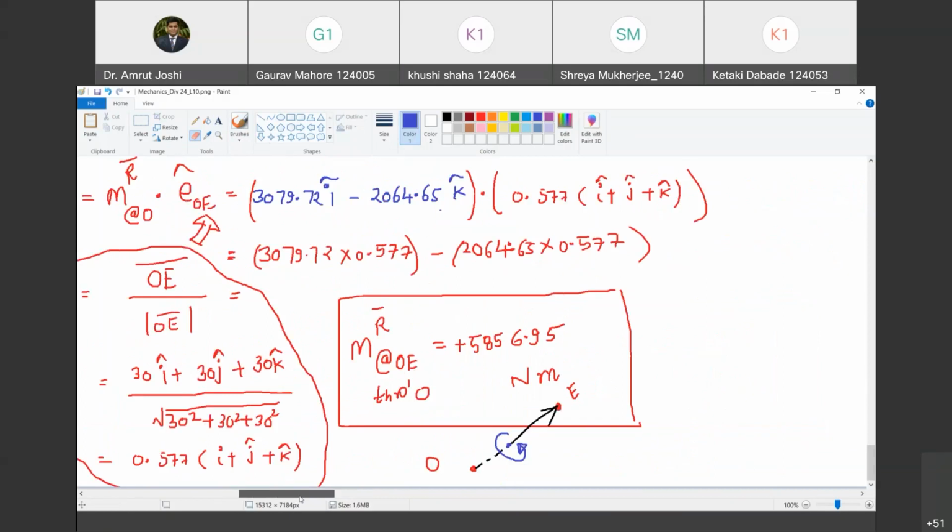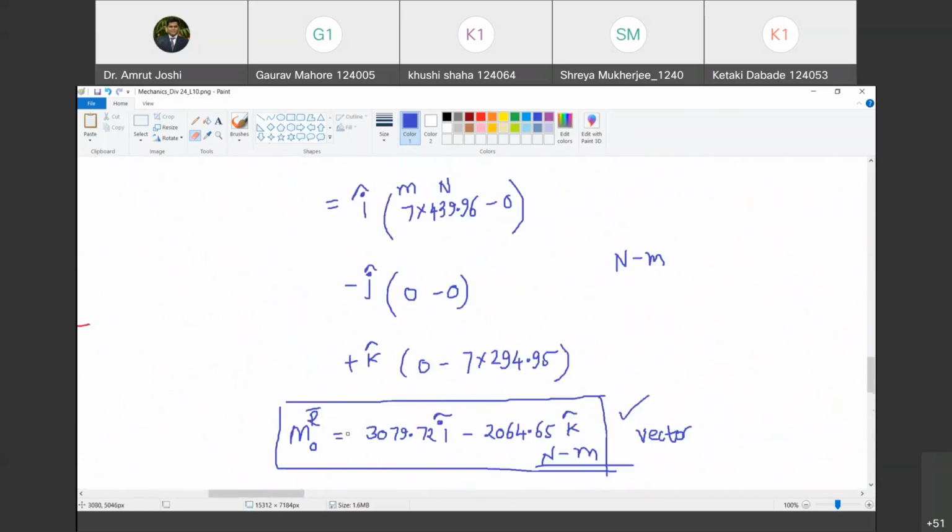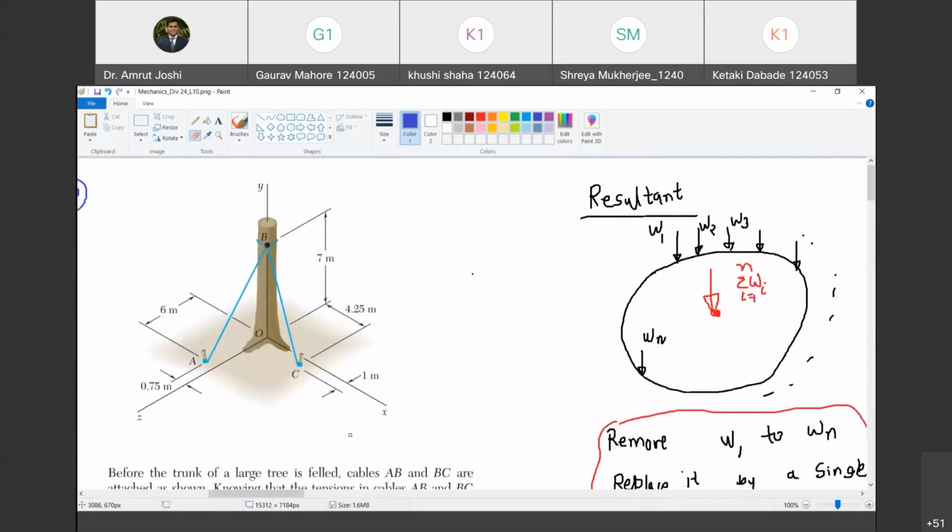So we have now completed discussion of moment of a force. First, we started with the scalar representation. Then we talked about vector representation. In vector representation of moment of a force, we had two entities. One, moment of a force at a point, that is a vector quantity, and then moment of a force about an axis passing through a point, that is a scalar quantity. We have solved both types of problems. Are you with me?